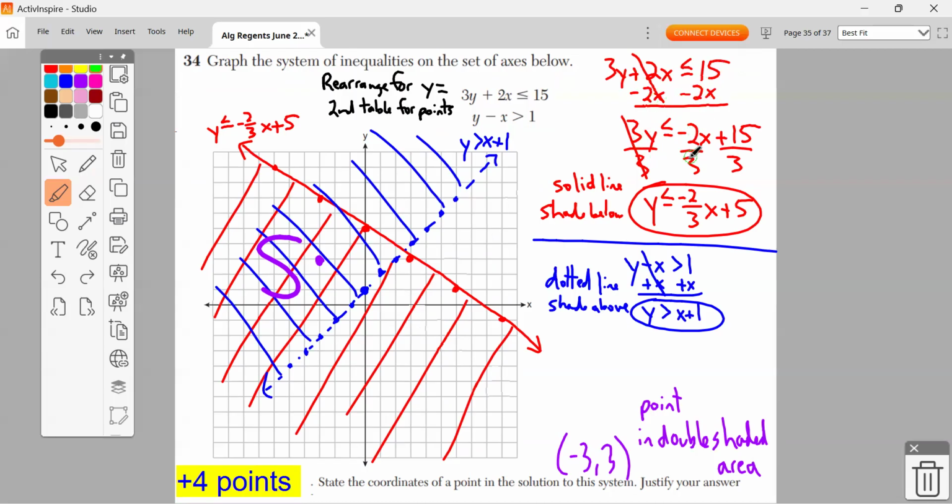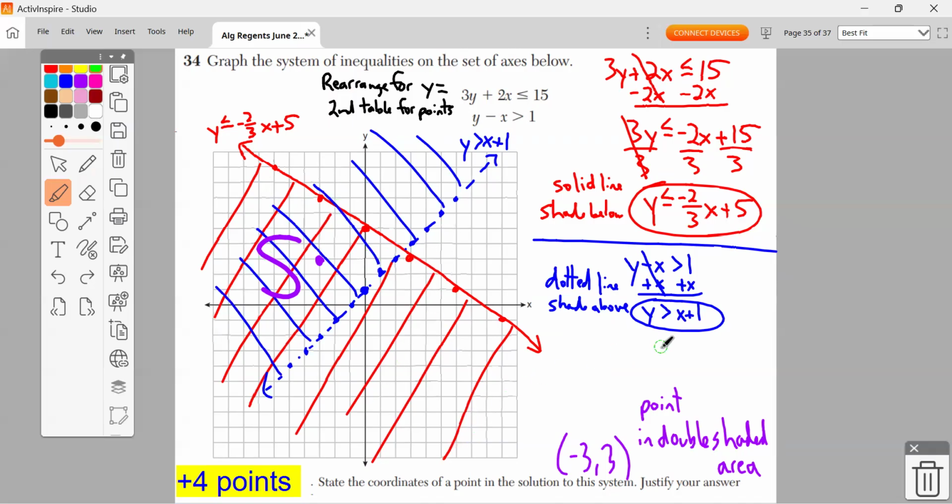You can't do a plain number minus an x, but we can switch around the order. Divide by 3, divide by 3, divide by 3. So you get y is less than or equal to -2/3 x plus 5. Type that into your y equals, hit second in table for your points. You get these points. It is a solid line because of the or equal to, and we're shading down below